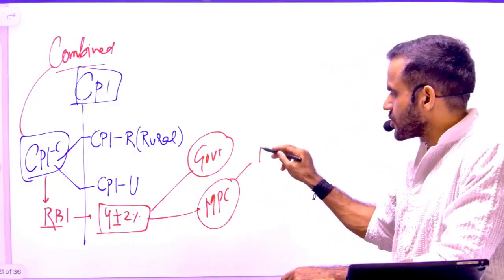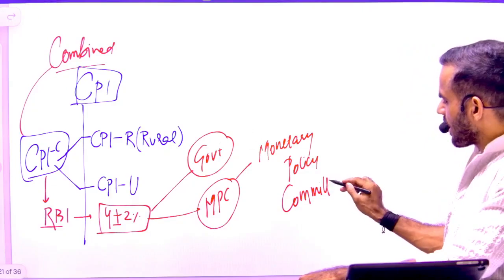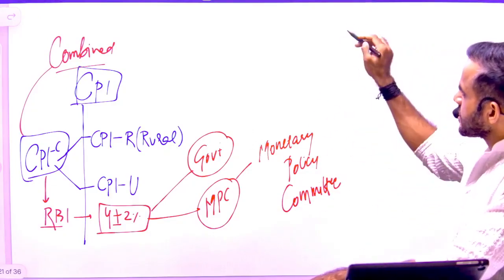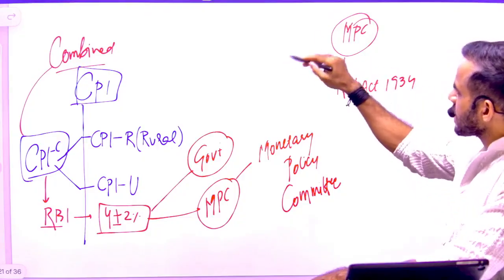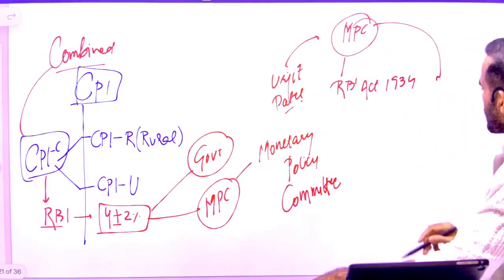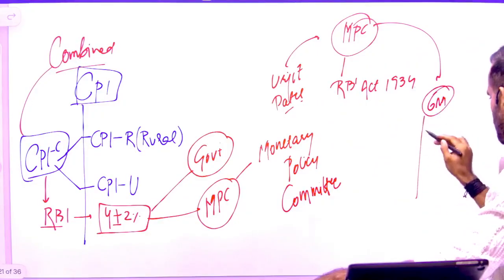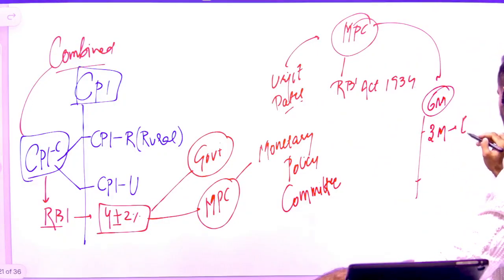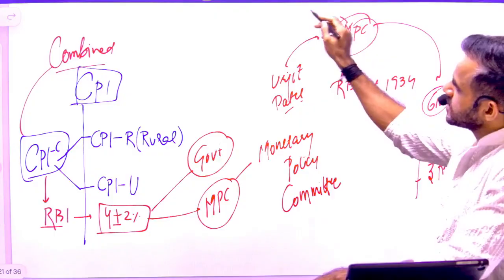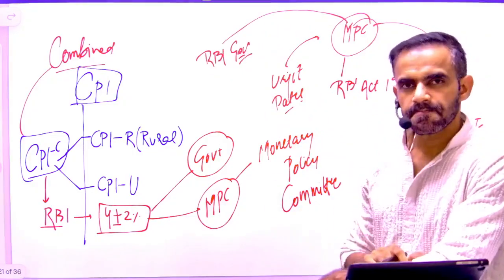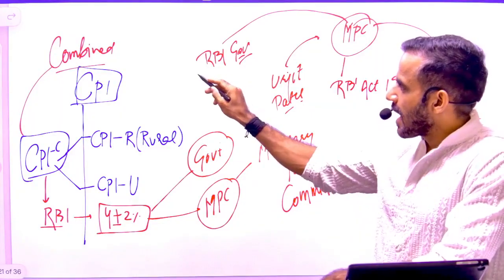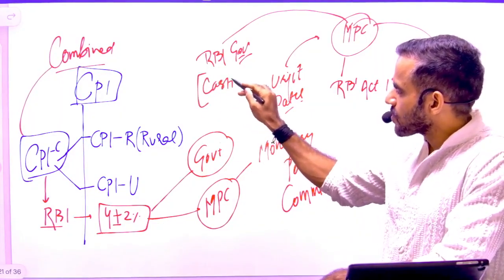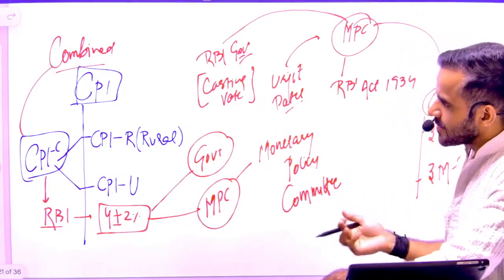What is MPC? It is the Monetary Policy Committee. Now please remember, MPC is a statutory body as per the RBI Act of 1934. It was set up on the recommendation of the Urjit Patel Committee, and it is a 6-member committee, out of which 3 members are appointed by the Government of India and 3 members are from RBI. This MPC is chaired by the RBI Governor. One more thing, decisions in this MPC are taken by majority. So if there is a tie, the RBI Governor will have a casting vote. Okay, so these are some of the things related to MPC.